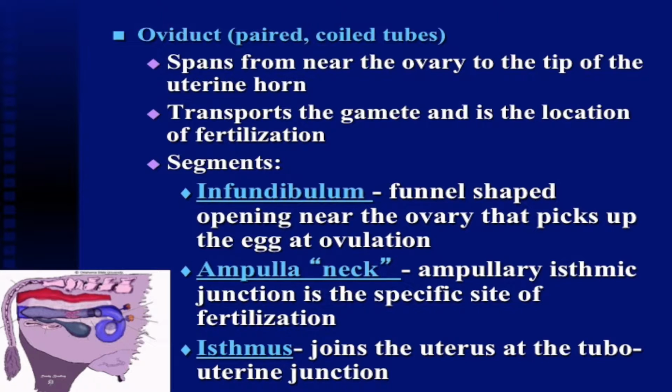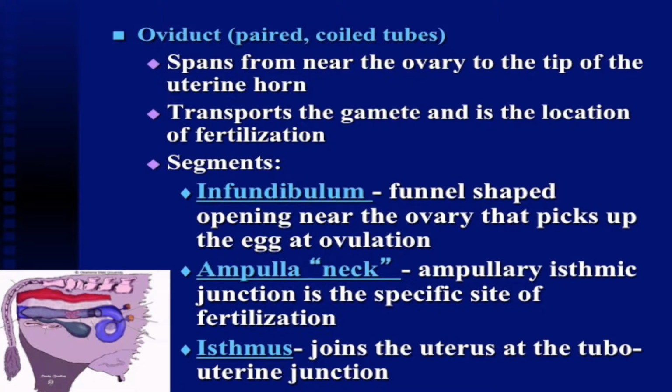The first segment is the infundibulum, a funnel-shaped portion opening near the ovary that reaches out almost like a funnel. When the Graafian follicle bursts and the ovum is released, the infundibulum is the catching point for the actual gamete. Then the next part is the ampulla, or the neck of the oviduct, and the ampullary isthmus junction,